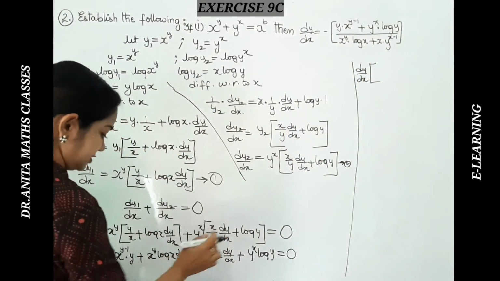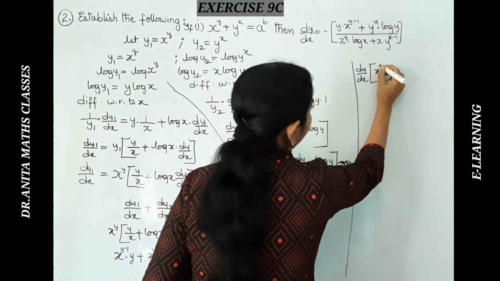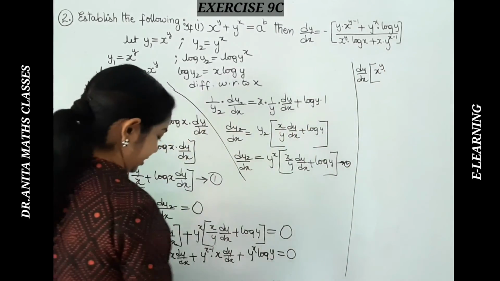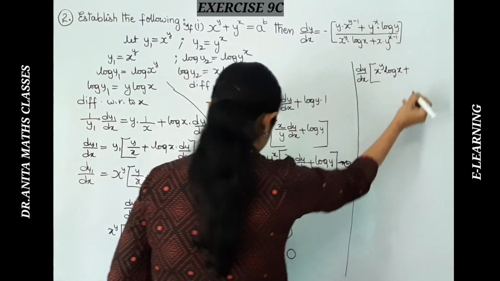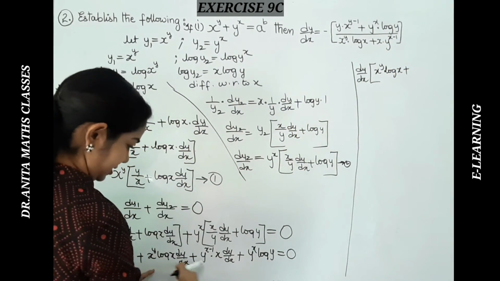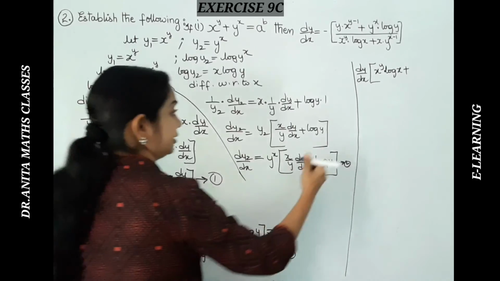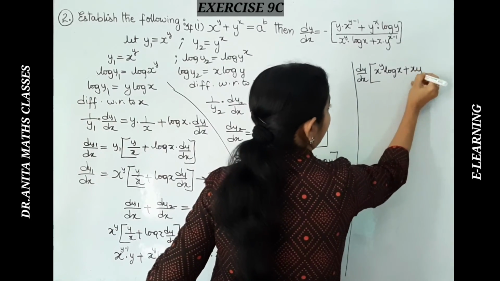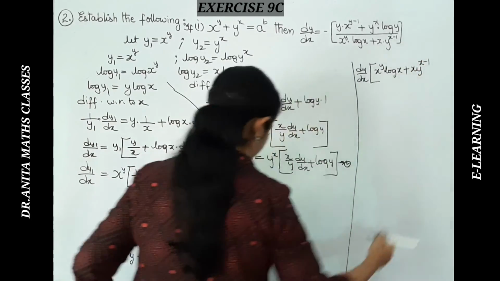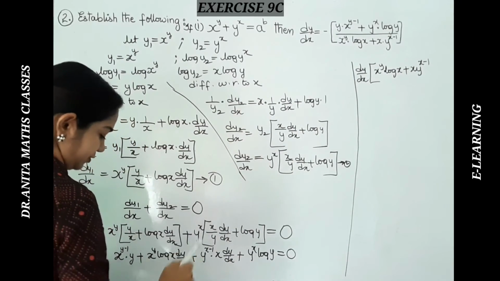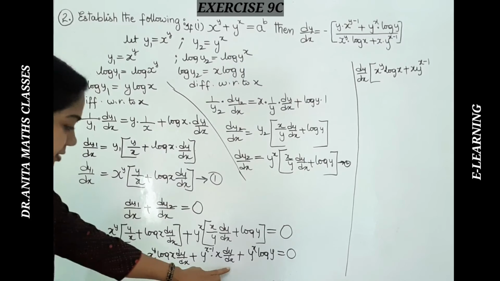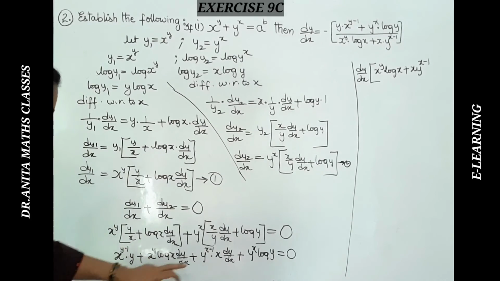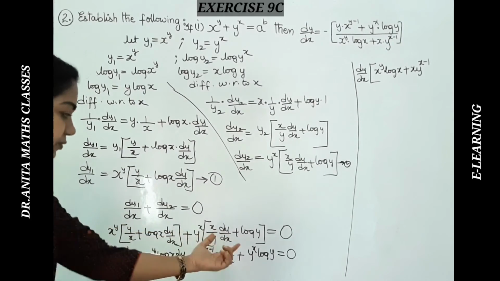Here, this becomes x raised to the power of y multiplied by log x plus, here plus, isn't it? Here, x into y raised to the power of x minus 1. This is x raised to the power of y. These two are having dy by dx, so I have clubbed them, and the other two we will shift over